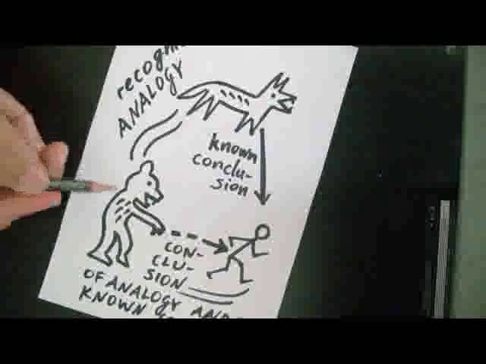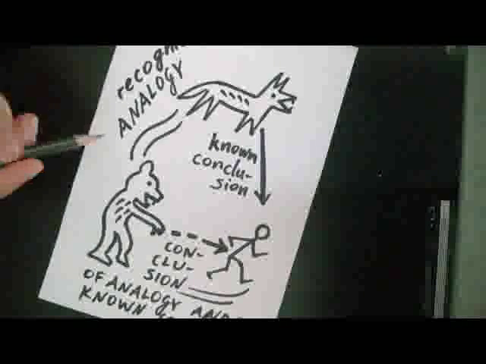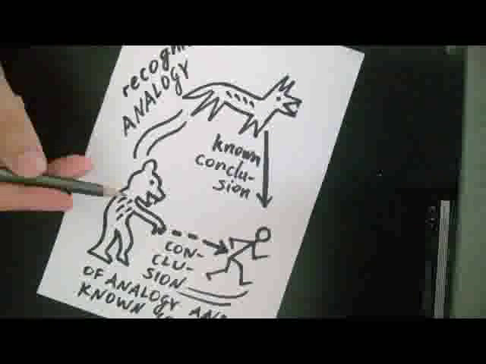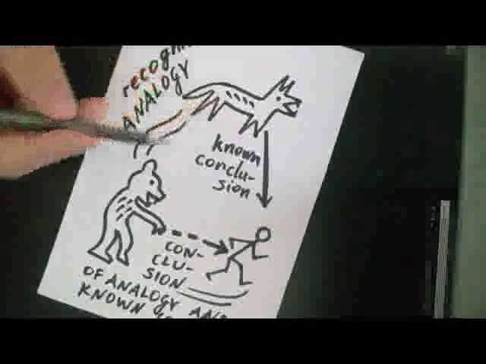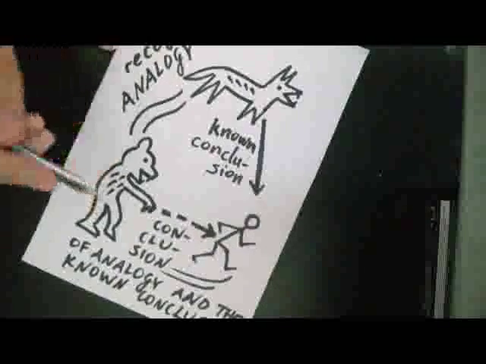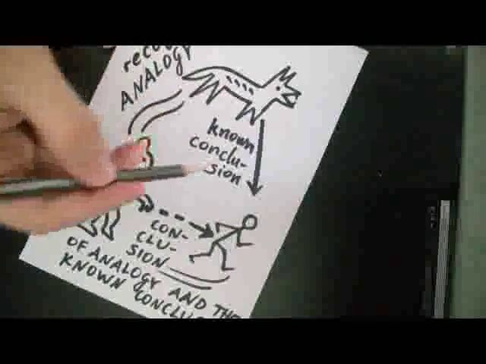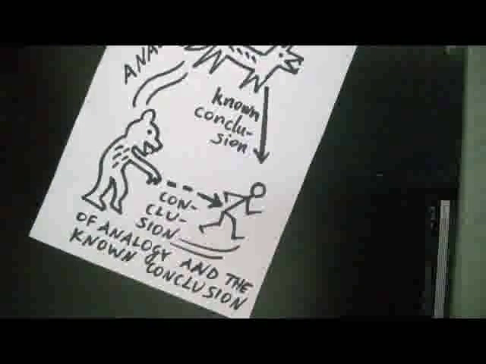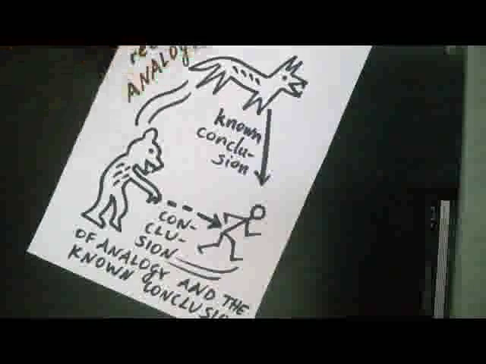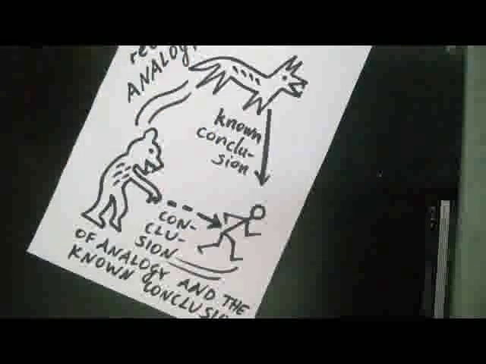And then you actually are in the current situation that a bear is attacking you. Then you recognize that the bear is also fluffy, just like the wolf. It is also roaring, just like the wolf, and it attacks you. So you are saying these are analogous, and you transfer the one behavior to the current situation and run away from the bear just as well, or hide or do whatever. But you escape from the wolf, find out that the bear is analogous to the wolf, and use the conclusion which you drew by analogy.